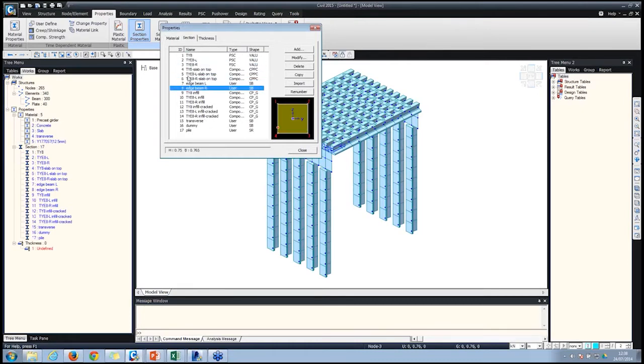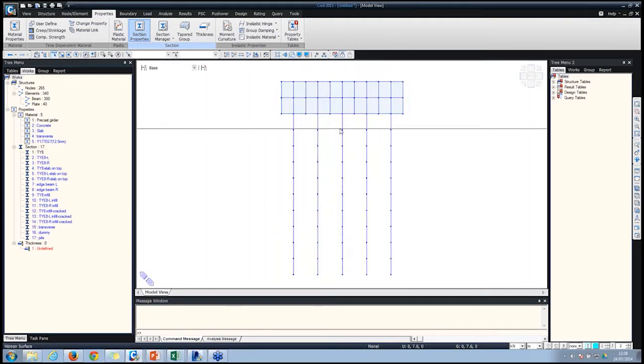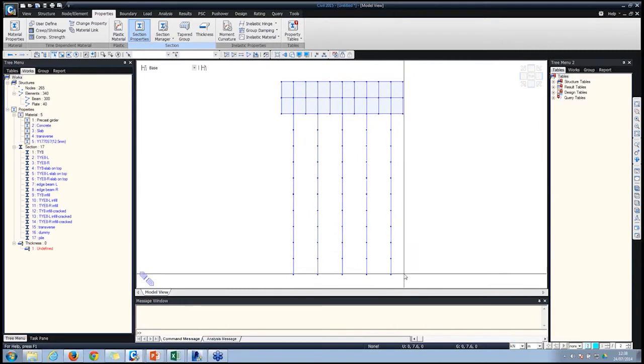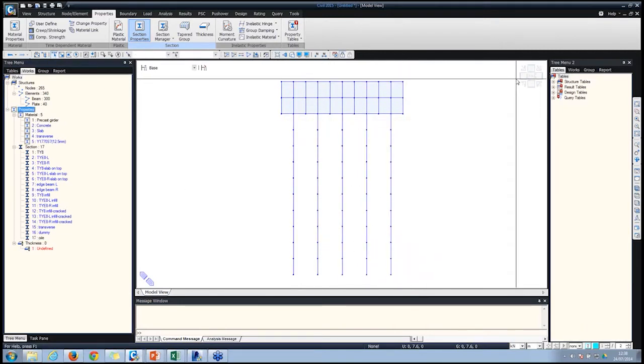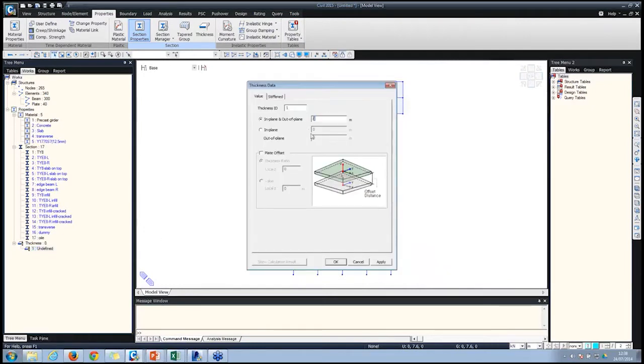You can see all these beam sections. Now every element is assigned with the same section property because we didn't start with any assignment when we were drawing these elements. So I'll just make sure that these are assigned as piles, and then we have defined a thickness for the abutment,